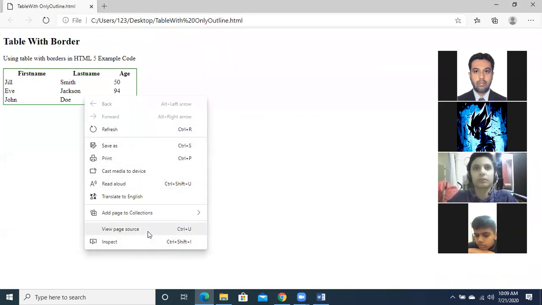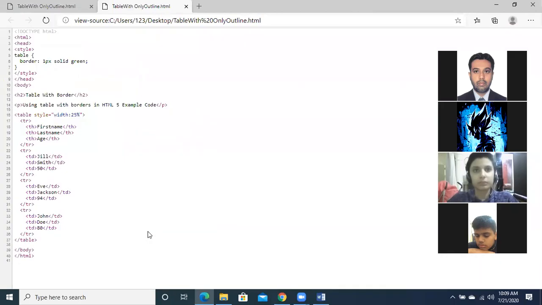Acha, the view source option will show you the coding here in Internet Explorer. Here you can't make any change, but if you have to make a change, you right click on the file where you have placed it, go to the open with Notepad option, and then you can edit the text. Okay, fine.